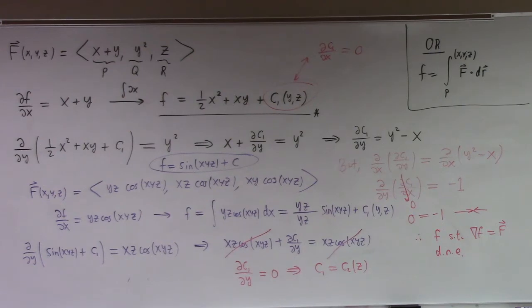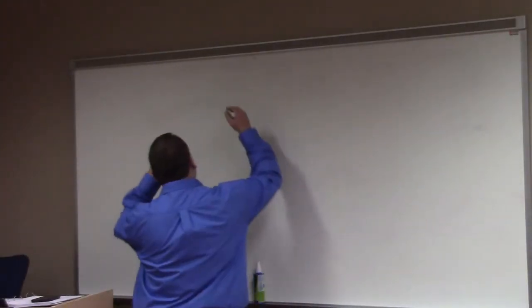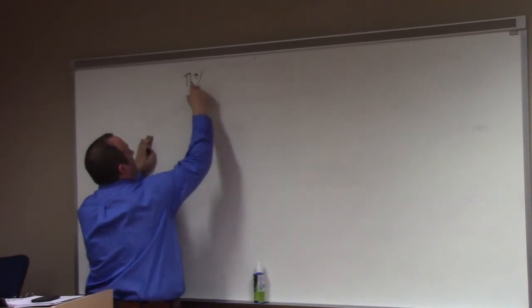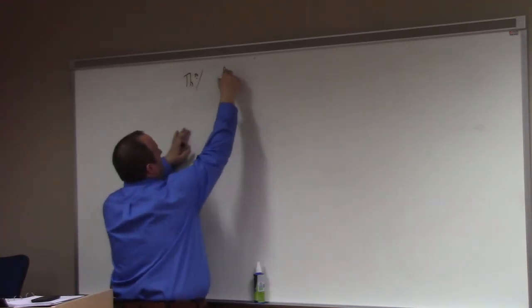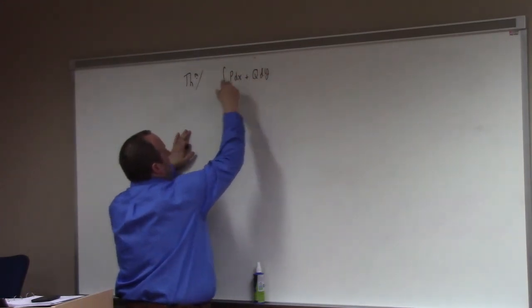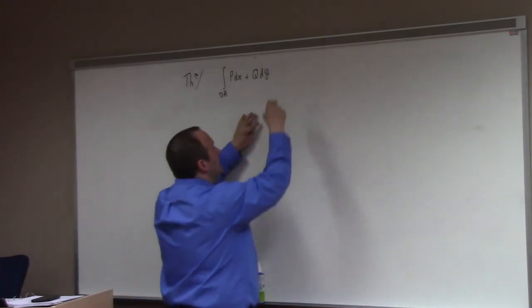So our next big topic has to do with number 4, actually. And I'm going to show you an example rather than even the theorem. Well, I'll tell you, I'll state the theorem. Here's the theorem. The integral of p dx plus q dy over the boundary of some region R is equal